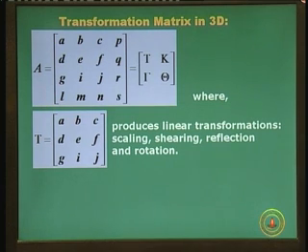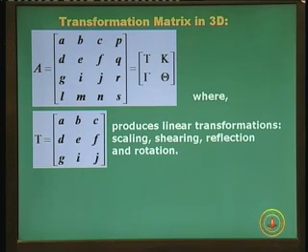Okay. So, just like we had a 2 cross 2 in 2D, we have a 3 cross 3 which produces all your transformations, and these are just the parameters. We will see the expressions of T as we go along for different types of transformations. They are almost similar, with an extension of one more parameter. We will talk more about scaling, reflection and shear, and we know that depending upon the diagonal elements and off-diagonal elements, we can tell when it will cause shear, reflection, scaling and so on. Now, T is responsible for all these linear transformations.